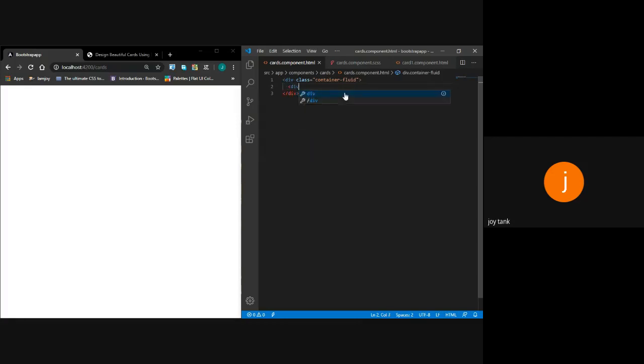Within that container-fluid, you need to wrap your row. What does this row indicate? Row indicates that you are horizontally grouping the columns within that row. Then within that row, you should create a column of any size. This is a basic rule to design any responsive container. You should remember this while designing any type of component in your web page.